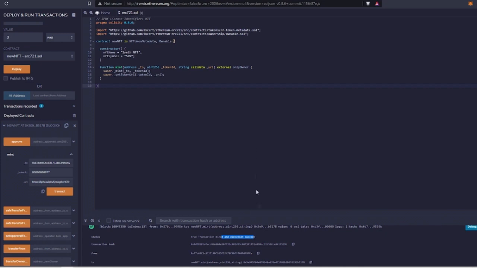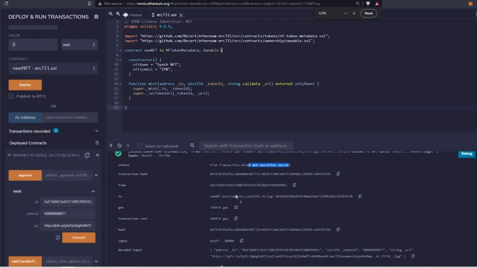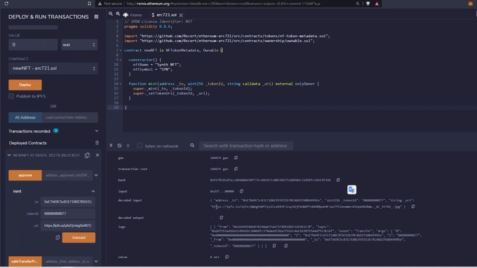I don't know if this is too small for you to see. Yeah, cannot zoom in that much. But yes, you have the transaction hash, execution succeeds. It was minted, this new NFT, to my address, my wallet address, and it's all good. And we have here the URL for the image, for our artwork or photography or whatever it is that you are minting. If I want to double check this transaction on the Etherscan, on the Block Explorer, I can also